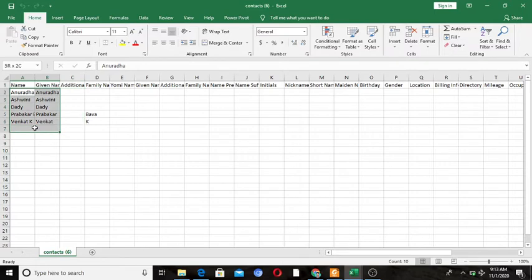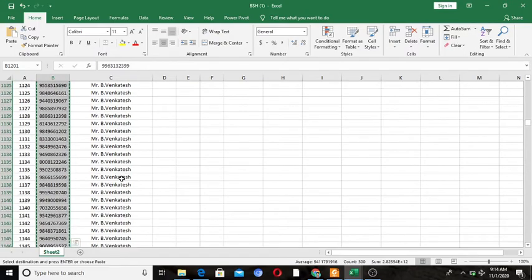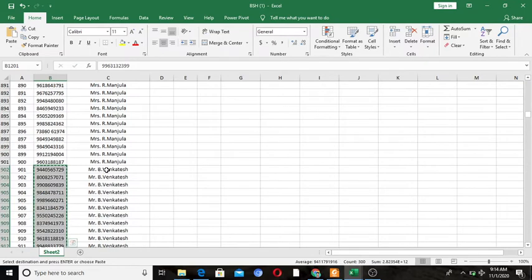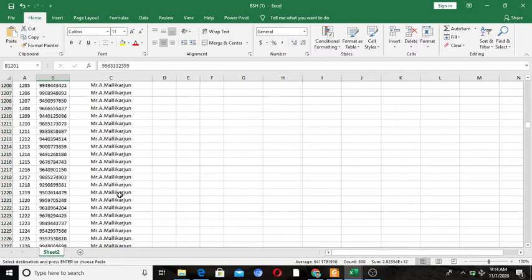So here I am deleting all the names. Where the name is, I am going to click, and I am taking our Excel sheet. Whatever work is assigned by our college, I am taking that assigned sheet and copying these phone numbers, up to Venkat's, the total Venkat phone numbers. So from here to here I am taking phone numbers, up to the end of this, up to here.